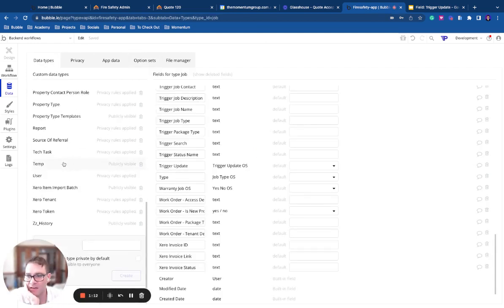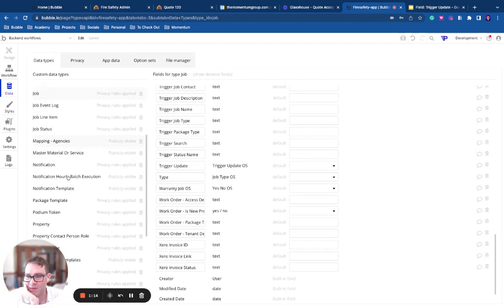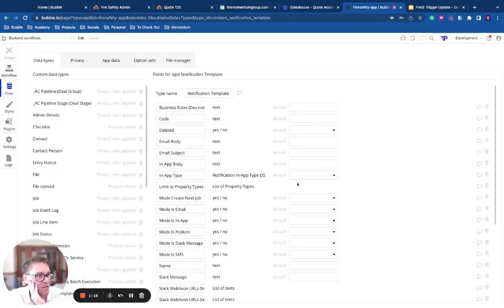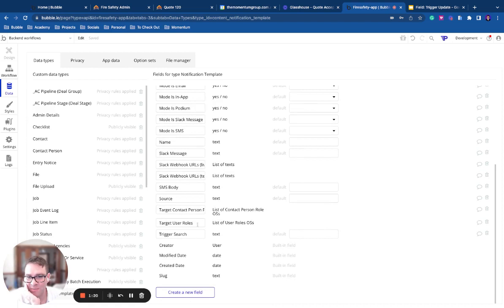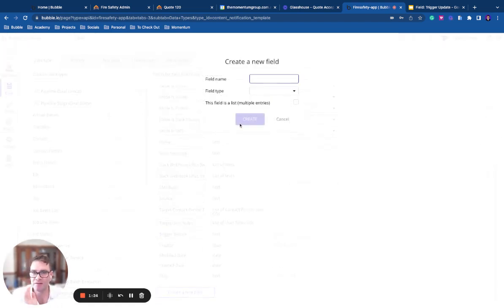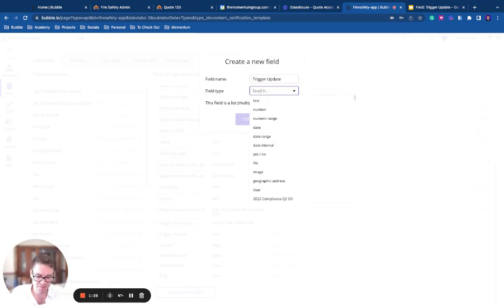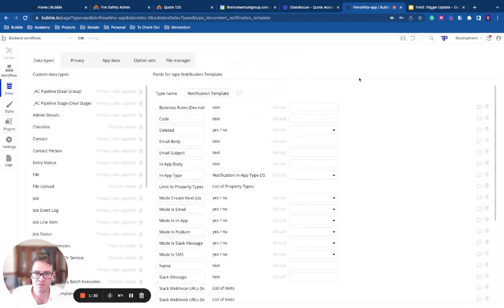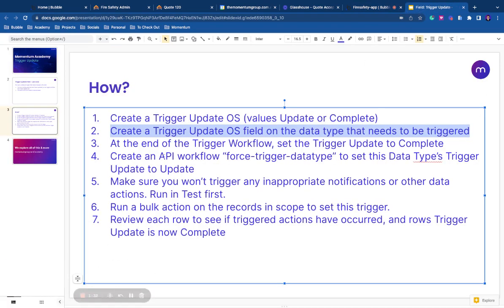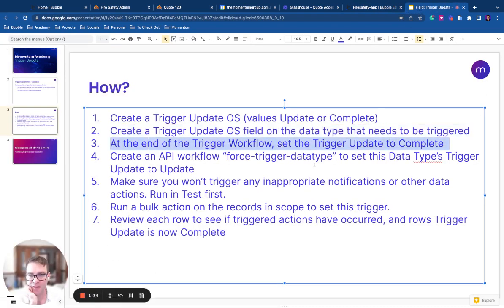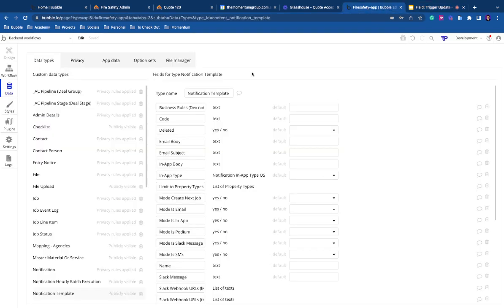I've got a notification template. We've created a search field and we need to populate this trigger search field. So what I'm going to do is add my trigger update field onto this notification template field. Okay, so at the end of the workflow that I'm triggering, I want to set that trigger update field to